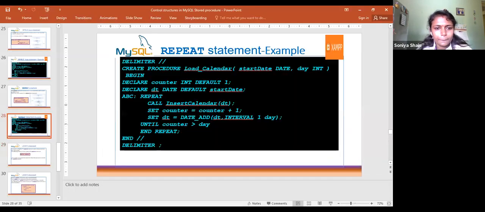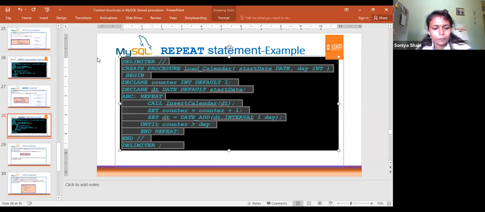I will copy that. This is success. So once again I have to work. Same thing, what is the procedure name? Call load_calendar. Then I will set a date, 05, 2025, up to something I have given, so let us go for 28. I am only planning for 2 dates.